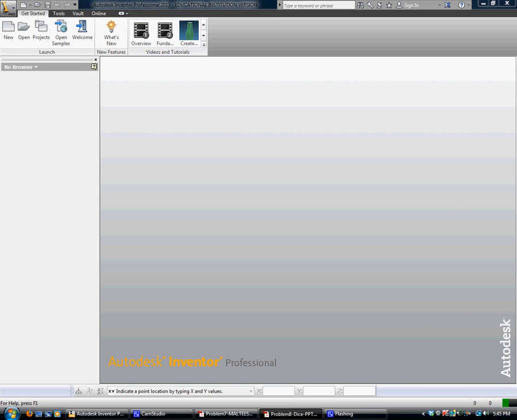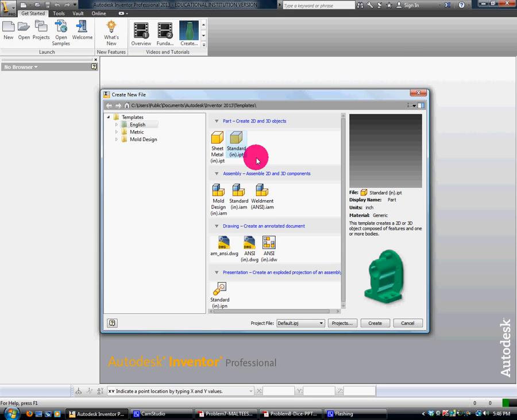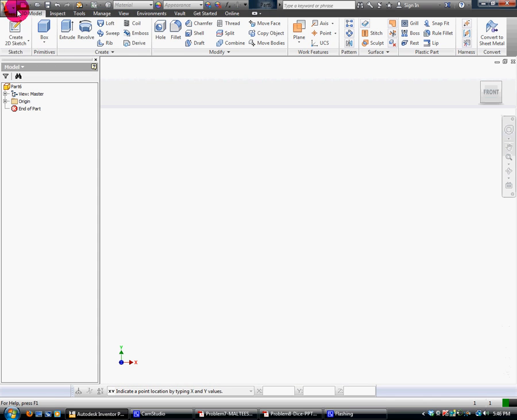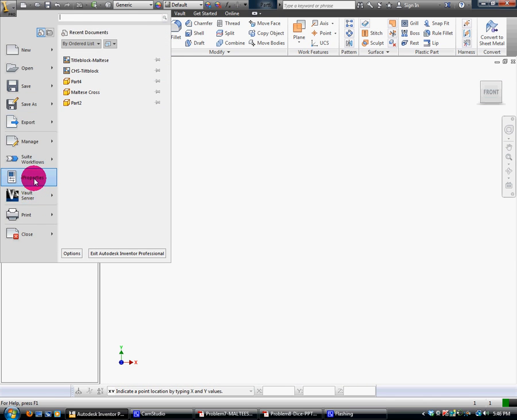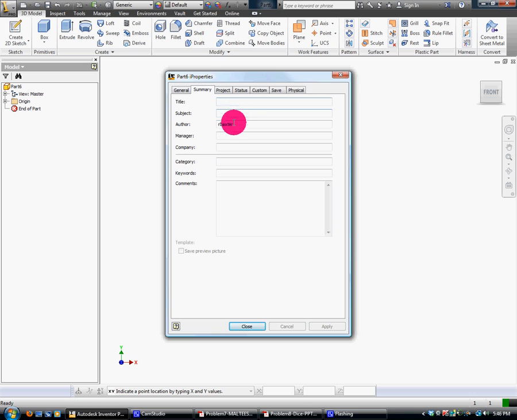Alright, this tutorial is going to take you through how to create the dice. Now, the first thing I'm going to do is go to my new again. Again, it's just a standard inch IPT and create. I'm going to set my properties up because this makes things a lot easier later when I do the title block. So this one would be dice,